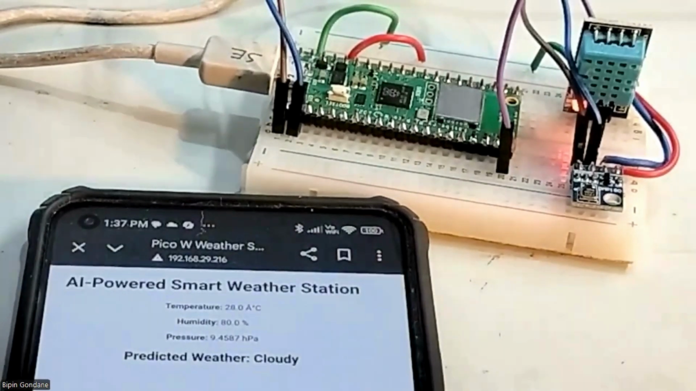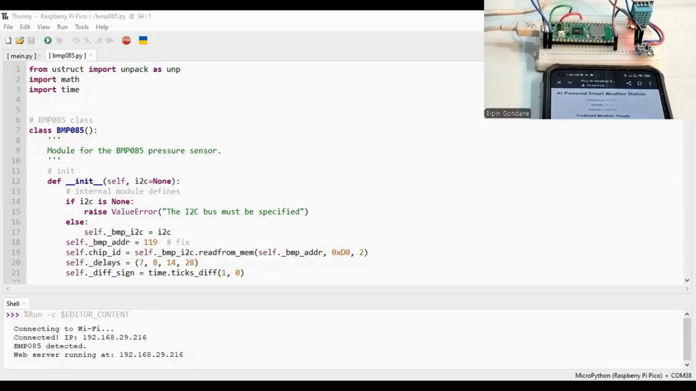Okay, I will show you the code parts. So you have to have 2 files. Okay, one is the main file and one is the BMP085 file. I will tell you the whole thing. Okay, so why are we using the BMP085 file? Because